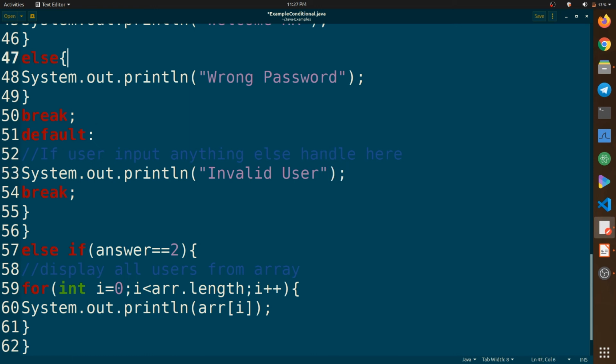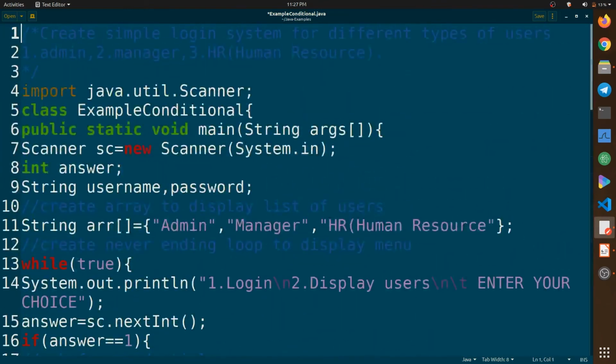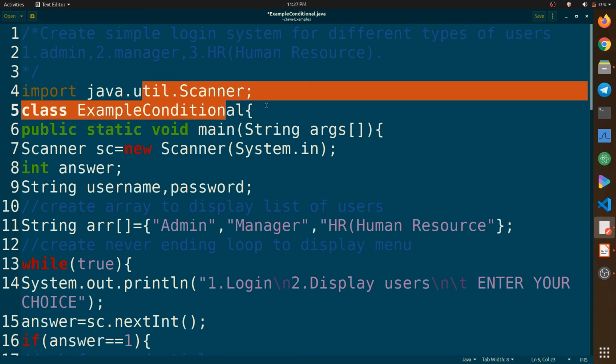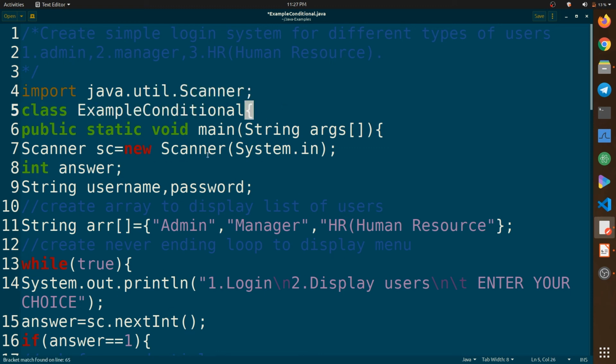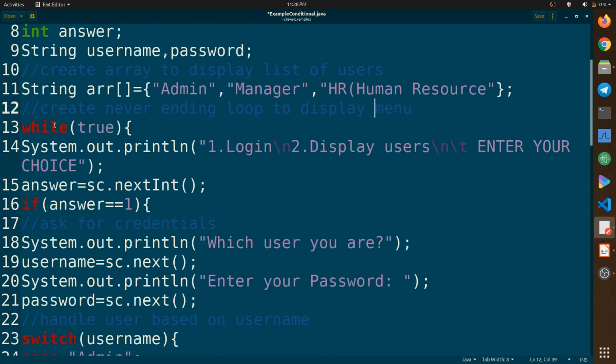Okay, so now let's take a look at what we did so far. So first we imported our scanner class, then initialized our scanner class, declared an integer which will get the answer, also string values for username and password, an array which will store the list of our users, and a loop which has our menus.